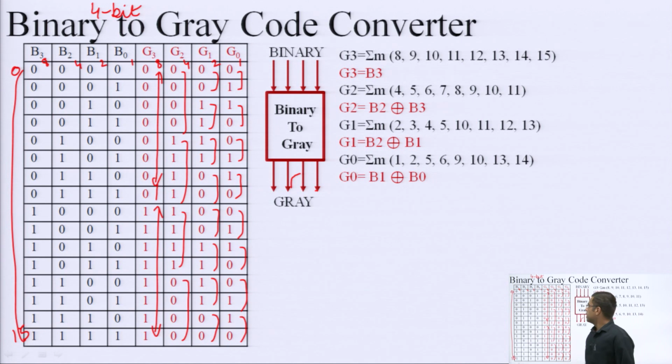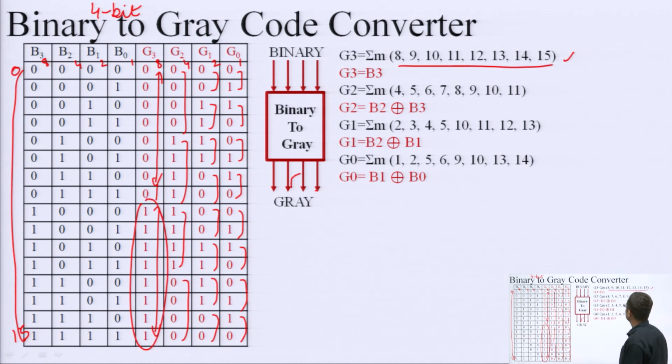Okay. And after preparing the truth table, I have to just check the G3, G2, G1 and G0 columns. Then I can see that G3 is giving me these high terms 8 to 15. So, we can see we have written them here: 8, 9, 10, 11, 12, 13, 14, 15. Okay. Similarly, if we check G2, these are the high terms for G2, which when written in their positional notation, G2 is equal to 4, 5, 6, 7, 8, 9, 10, 11. Similarly, for G1 and similarly for G0.